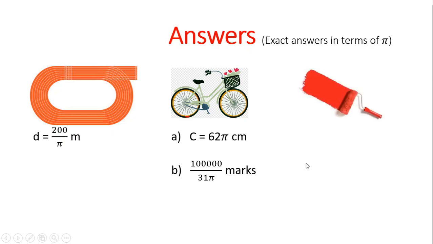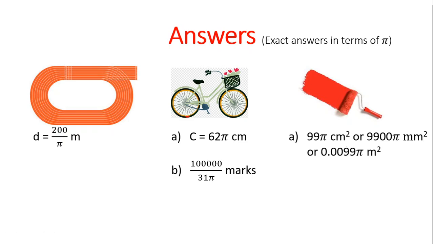Finally, painting the wall. The paintbrush or the roller is going to paint an area of 99 pi centimeters squared for each rotation. Or if you did that in millimeters, that's 9,900 pi millimeters squared. Or if you'd done that in meters, that would be 0.0099 pi meters squared. Now, if you'd done that in meters squared, that might help you to work out how many rolls or how many rotations it takes to